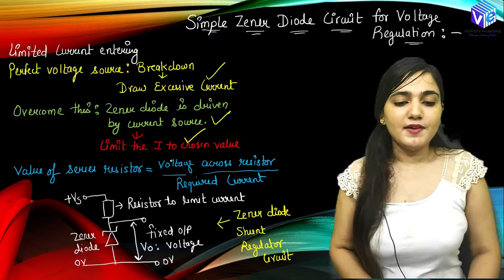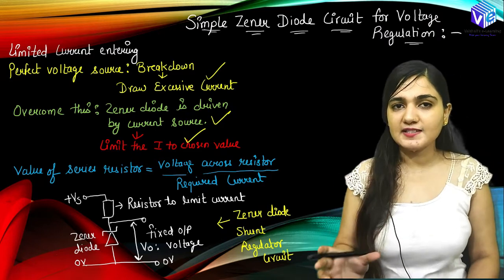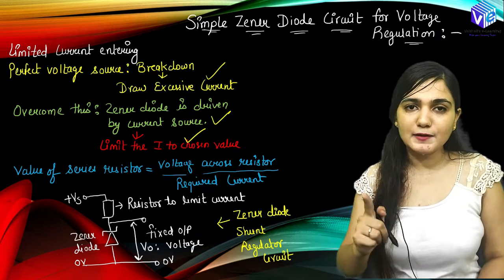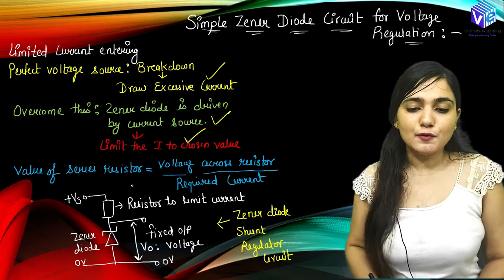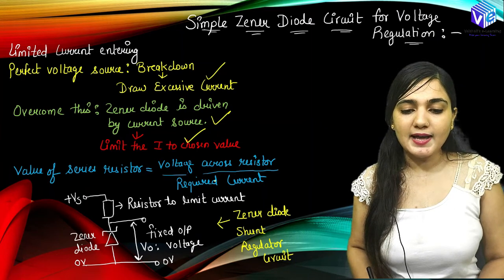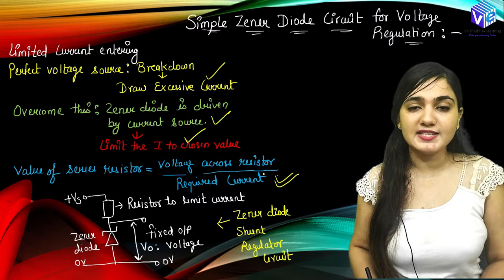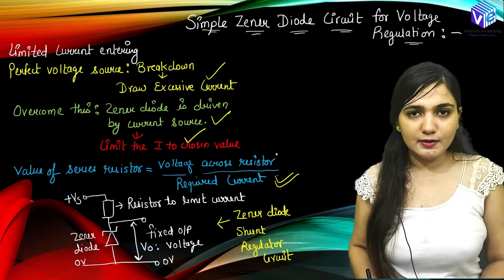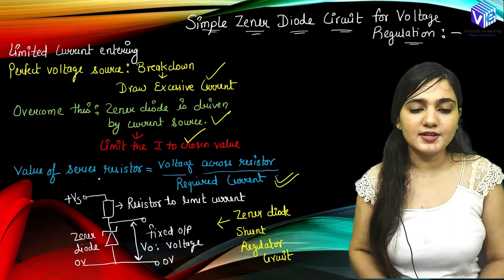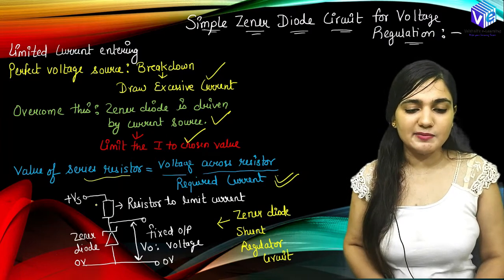Now the value of the series resistor we can choose, and with the help of the series resistor also, as I told you, we can limit the current either with the current source or with the series resistor. So whatever current I want to have, the resistance is the voltage across the resistor divided by the required current. So I must know what current I need to have in my circuit. Voltage is already known for the given Zener diode, so I divide them. I will be finding out the resistance. I will be putting it in series so that I will not be getting the maximum current, right?